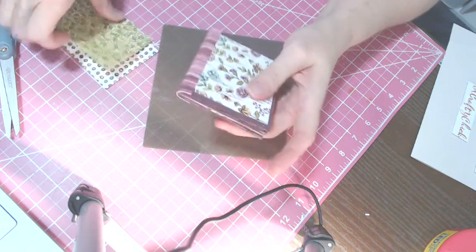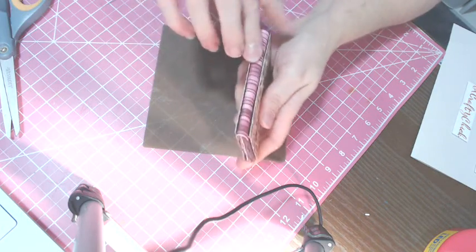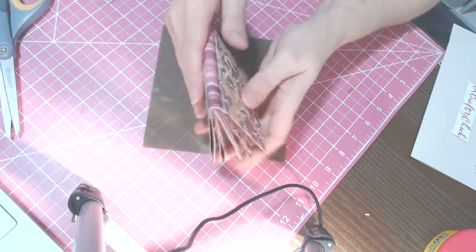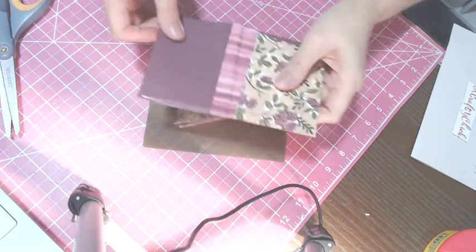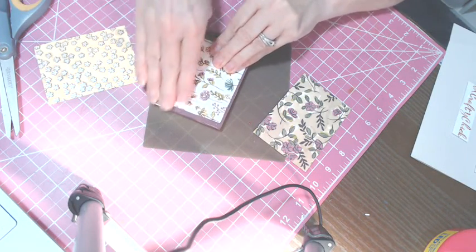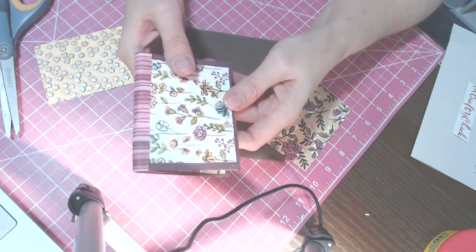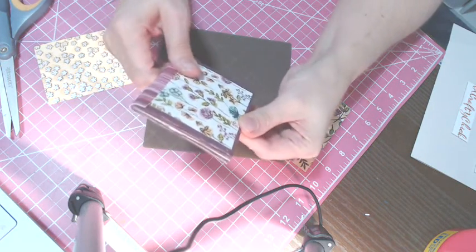So if you don't like the fact that you have different pieces of paper there, you can cover that up or use the same paper all around. Me, I'm just going to leave it that way. I don't think anyone's going to go through and inspect it for perfection. And if they do, they'll be sadly disappointed. That's all I have to say. I could leave this on just like that. But again, I like to have a finished look there. So